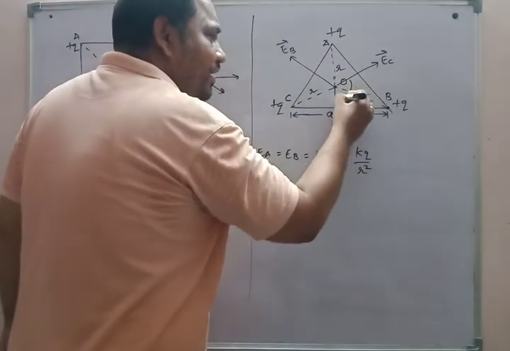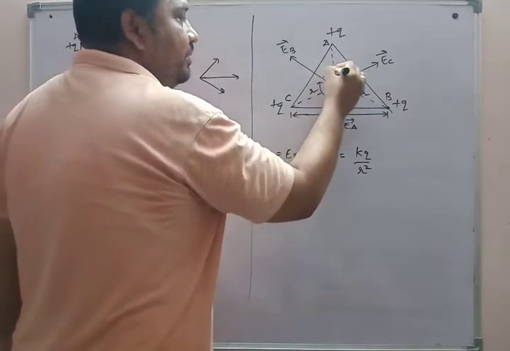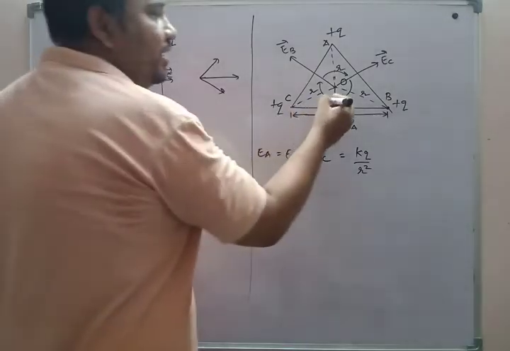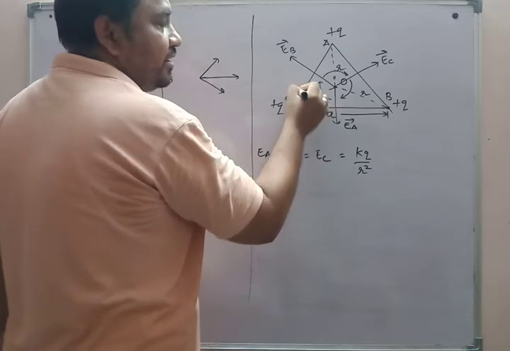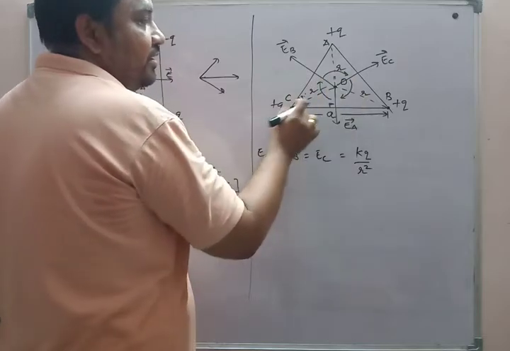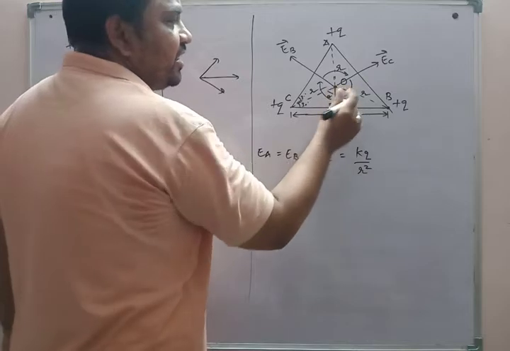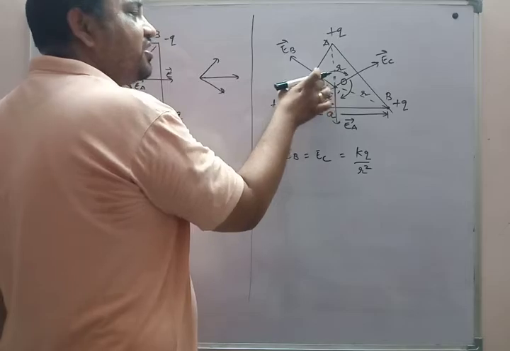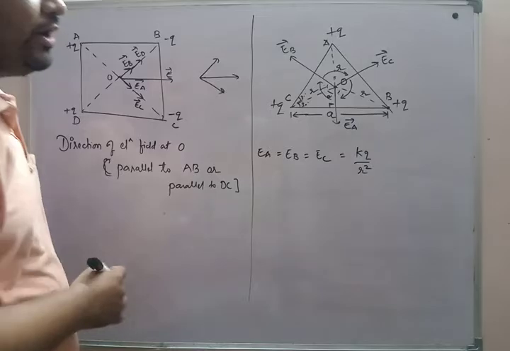Now what is the angle between these two vectors EA and EC, EA and EB, and EB and EC? One can easily understand it is an equilateral triangle, so this angle will be 30 degrees, this is 30, 30, 30, 60 becomes it 90, so in this triangle 30 and 90, 120, so the remaining angle will be 60, even this will be 60, okay, similarly this will be 60, so these two angles 60 plus 60, between these two vectors the angle will become 120 degrees.